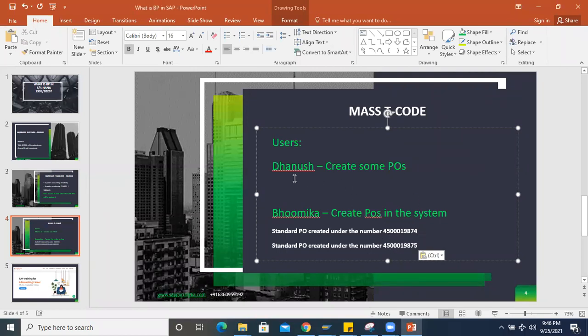I'll save this PO. Now you will go with another user who is going to generate a PO in the system.